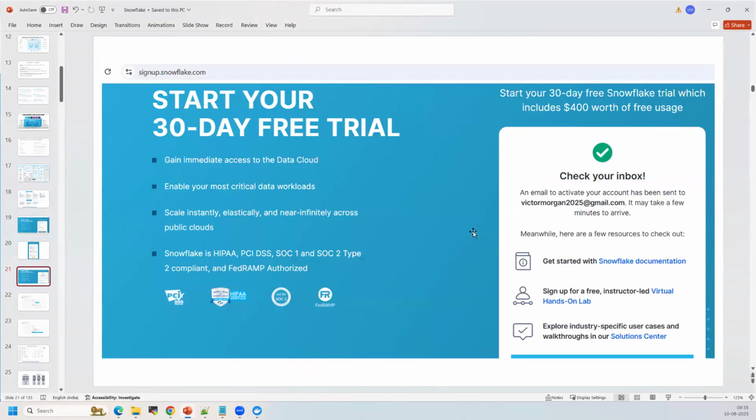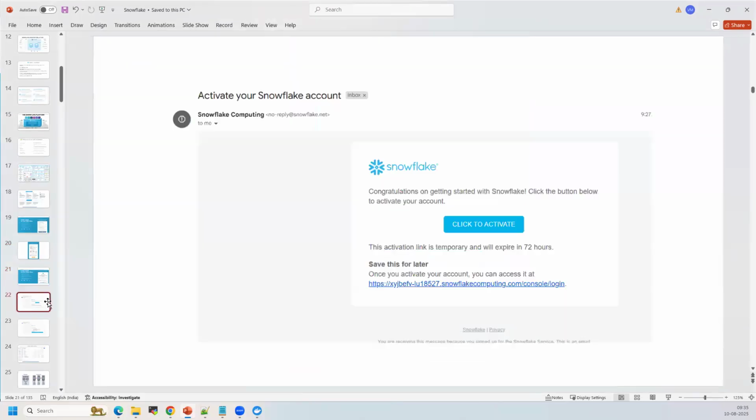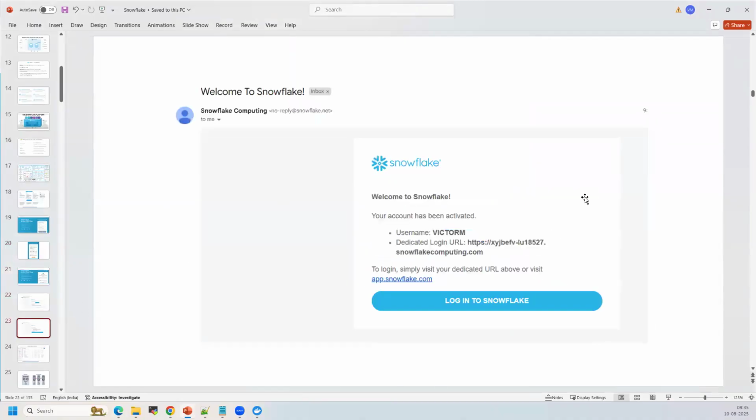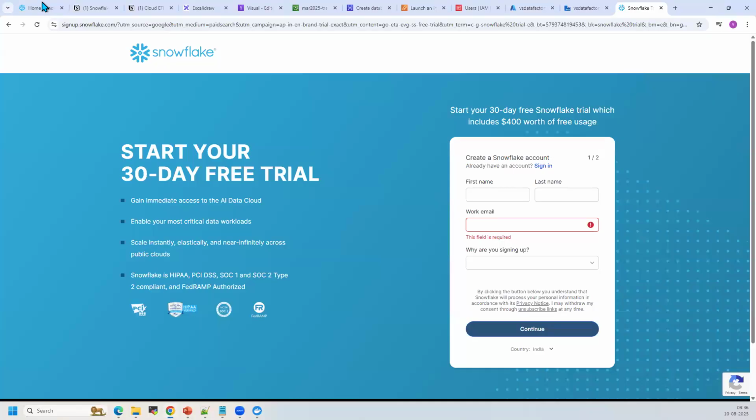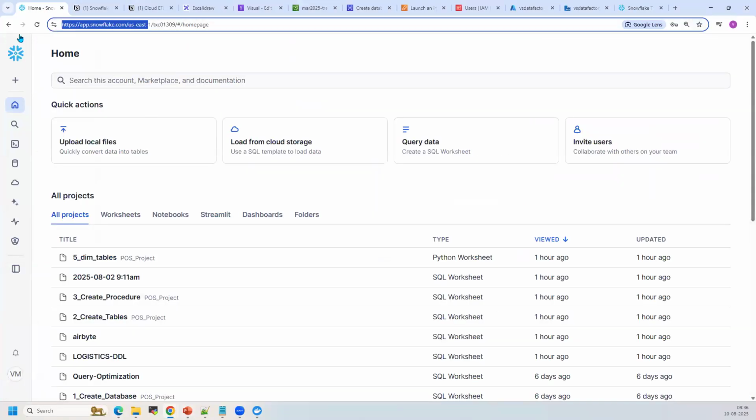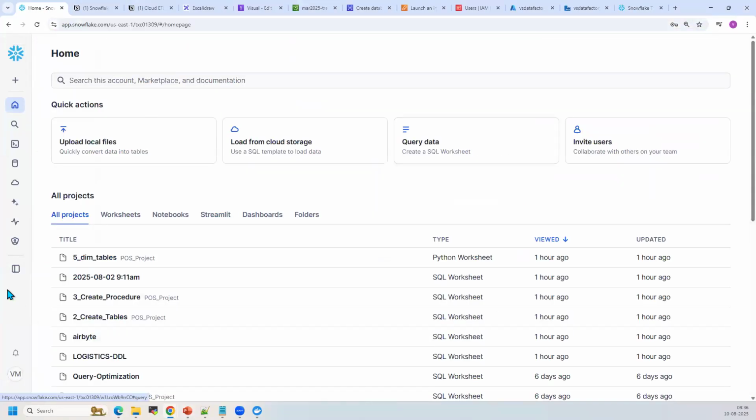and you can go and click on that email and validate it. You will get an email like this, and you can click here to validate. The next step is that in the email you will get the URL. You will get the Snowflake URL, and using that you can log in. Like this you will get the URL. Using that you can log in. So once you log in,